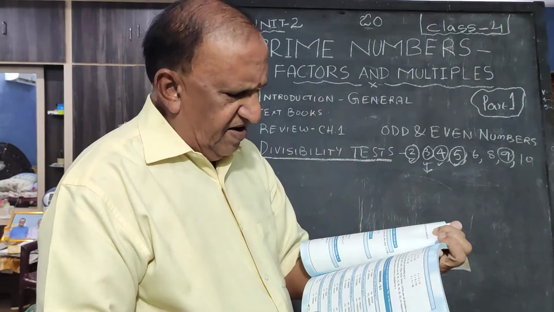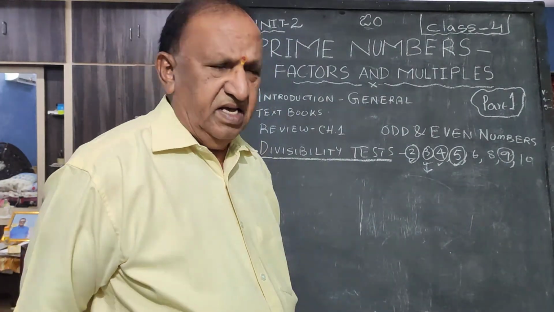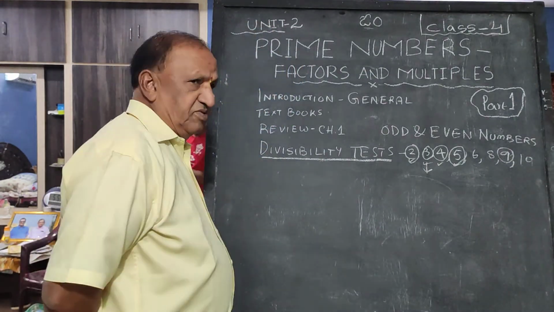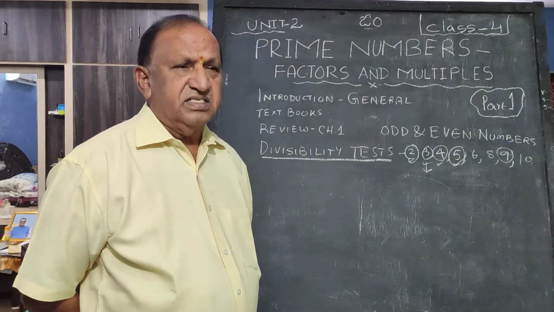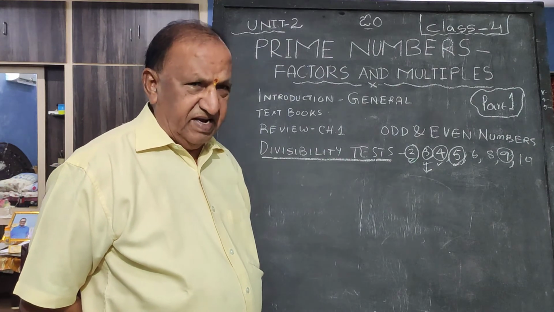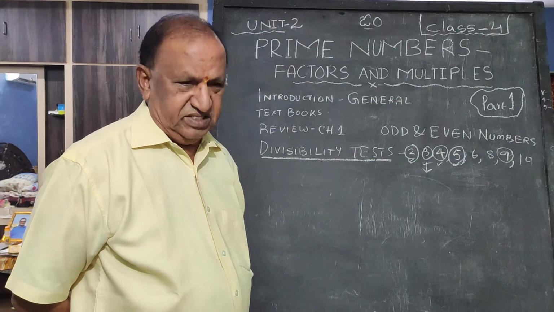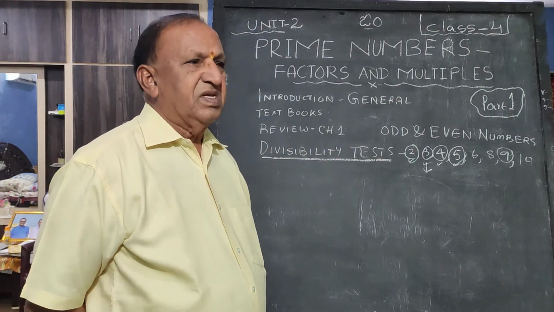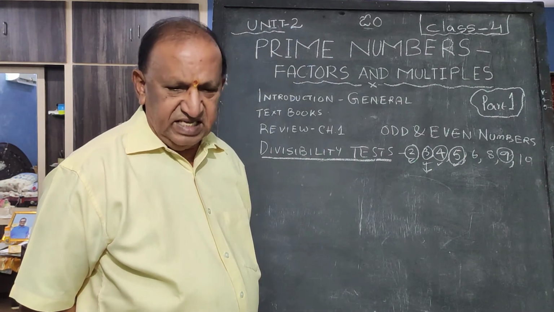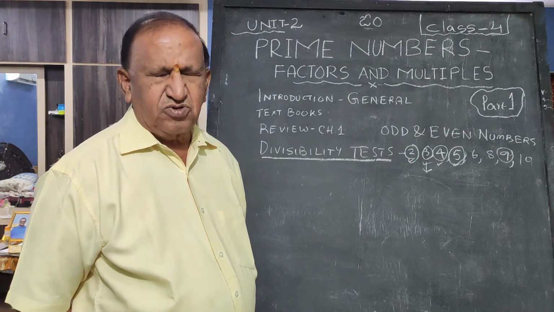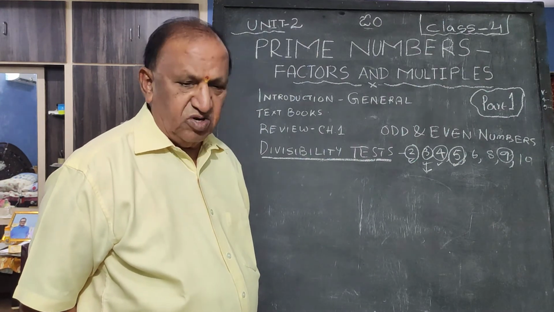So I told you, for checking whether a particular number is divisible by 6, first you have to check the divisibility by 2 and then check the divisibility by 3. For divisibility by 2, the digit in the units place has to be an even number. And then of course to test for divisibility by 3, you add all the digits, and if the total is divisible by 3, then the number is divisible by 6.